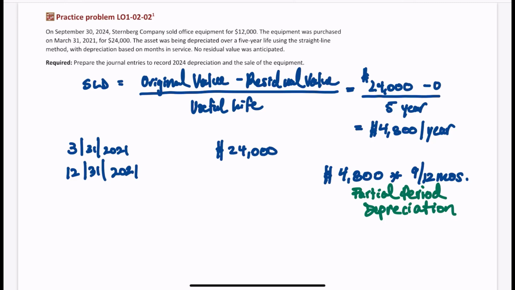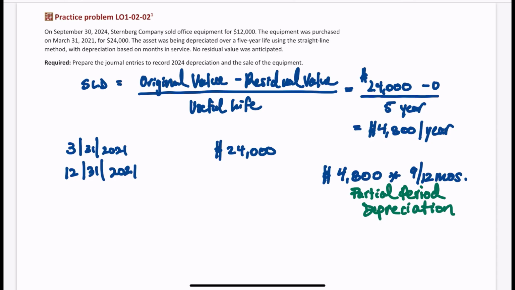So we got $4,800. We're going to multiply that by 9, divided by 12. And so we're going to say $3,600 of depreciation in 2021. So I'm going to subtract this, 3,600. And then we have depreciation in 2022, and then we have depreciation in 2023. And then we're selling this on